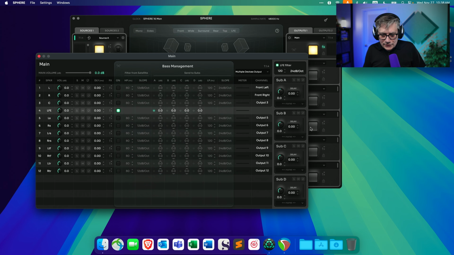Now, if we do that, you notice that I have not selected anything for the LFE, and that is where the second really nice feature comes in, and that is the improved bass management. What Ginger Audio allows you to do is not only work with one subwoofer, you can actually have up to 4 subwoofers, and you can intelligently move audio in and out of those subwoofers.